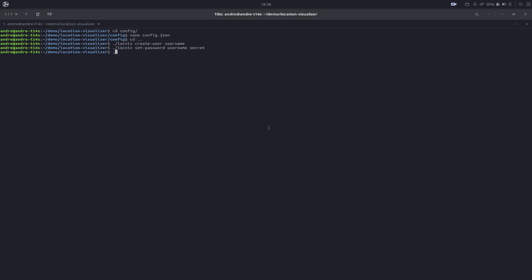So I type ./logvis add --permission. And then I type the name of the user, so in our case username. And then I type the name of the permission I want to give to the user. And the first permission I want to give is called get-tile.